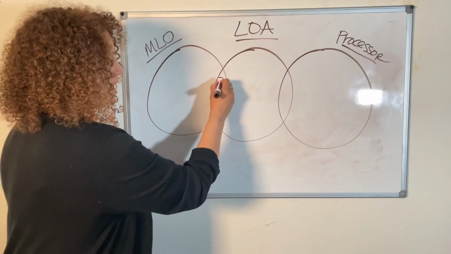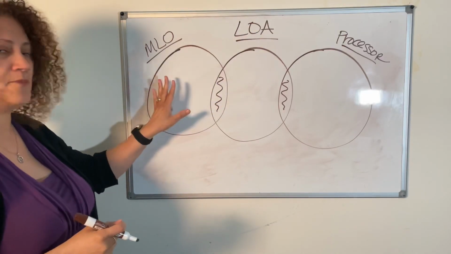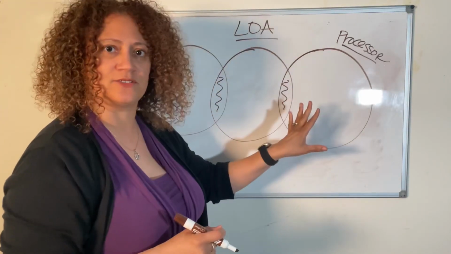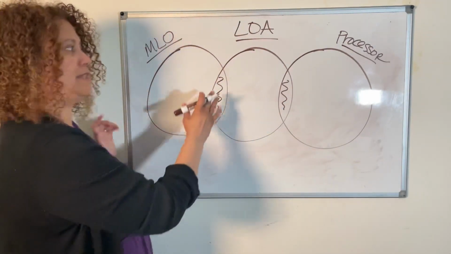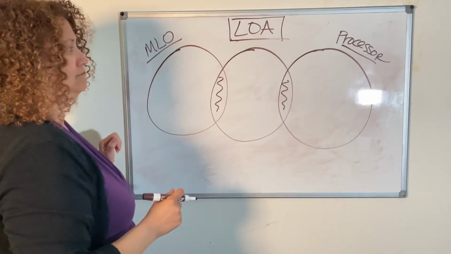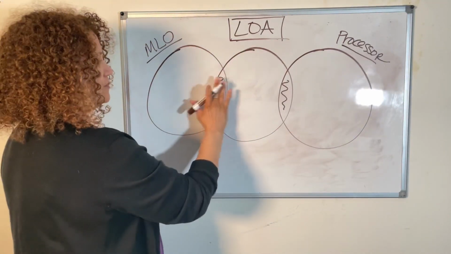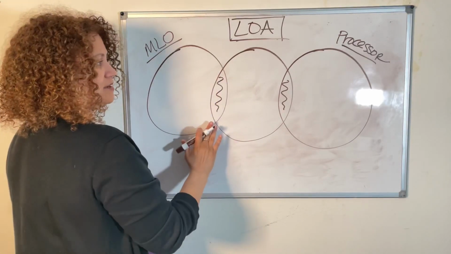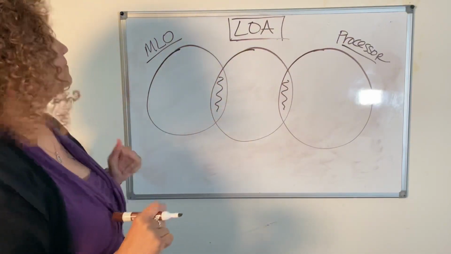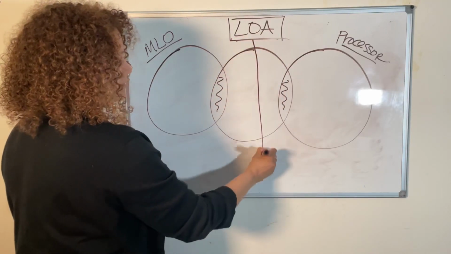All right, so we have the loan officer assistant, and processor. As you can see, there's some overlap right here, and that's because the loan officer assistant may do some things that a loan officer does. They may also do things that a processor typically does. So there's a little bit of overlap, and that's because the loan officer assistant has to make sure that loans are coming in the door and they are closing on time. And so if there's something where they can support the loan officer on things that they typically do, or they can support the processor on things they typically do, that is always welcome. All right. And because the loan officer assistant is right smack dab here in the middle,